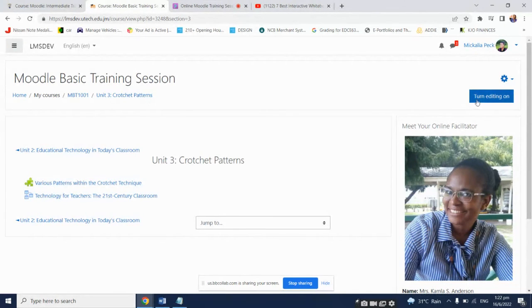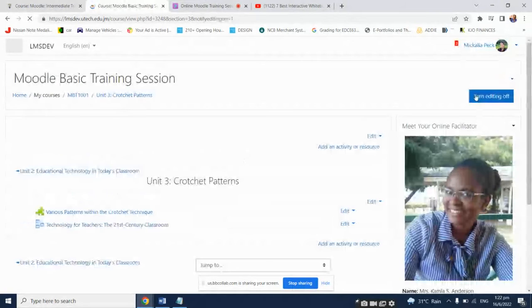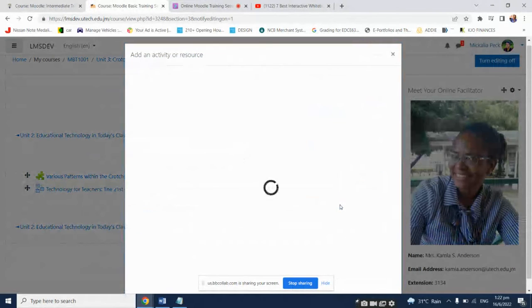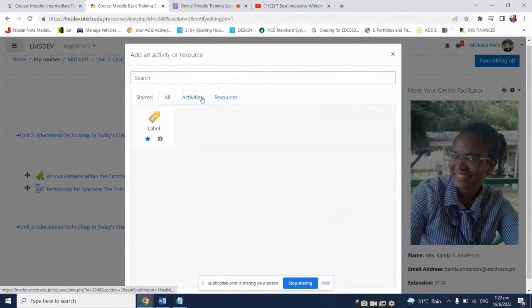So we're still under unit 3. I'm going to turn editing on. Each time you switch your role to somebody else and you switch back to normal role, you have to turn editing on. So activities,